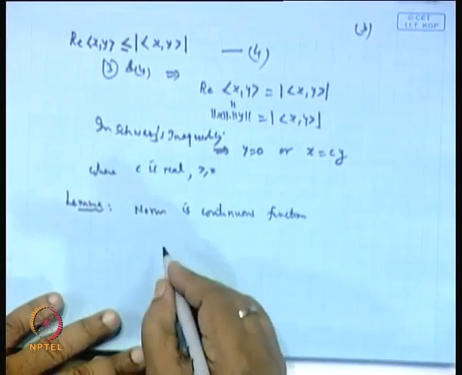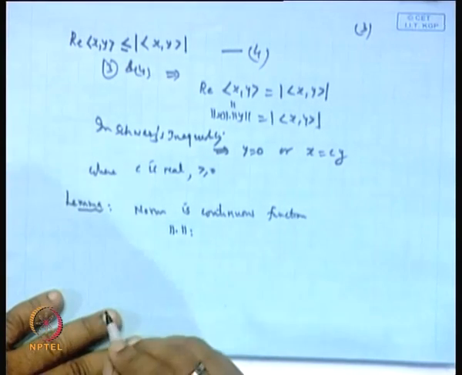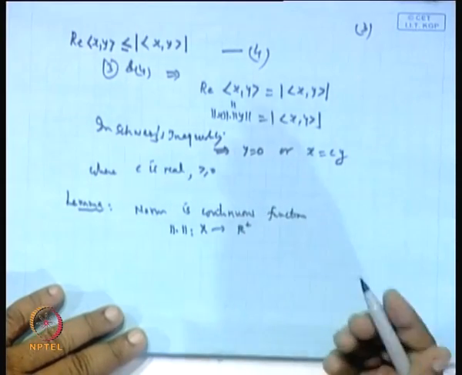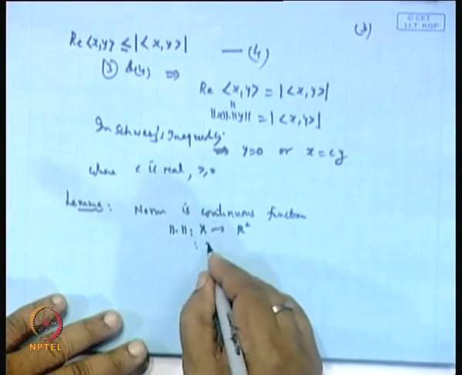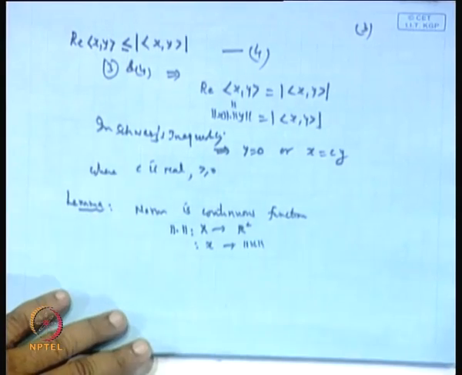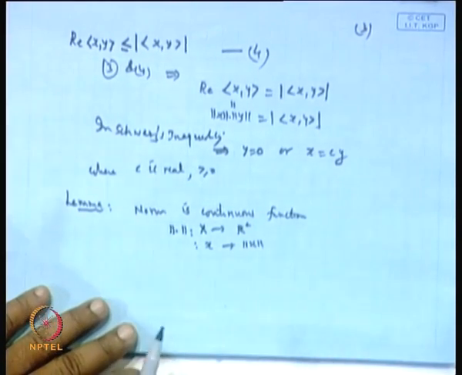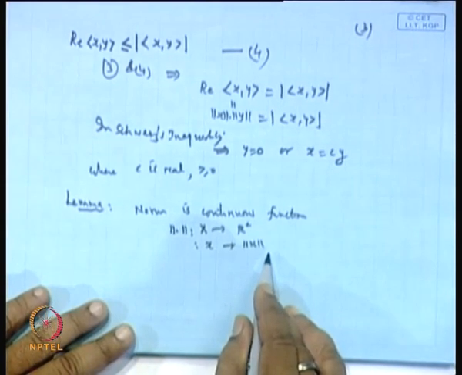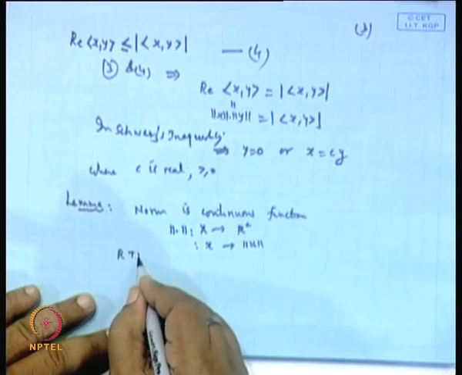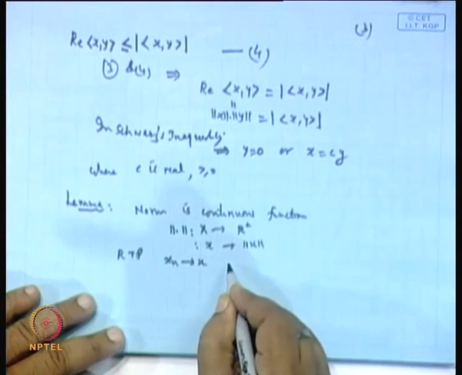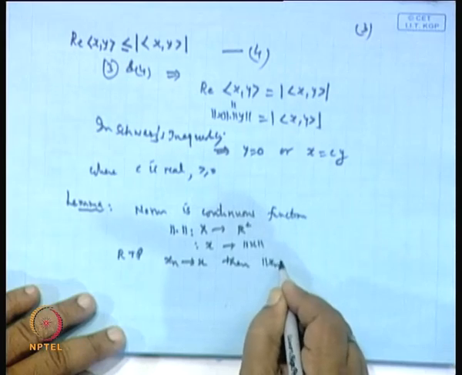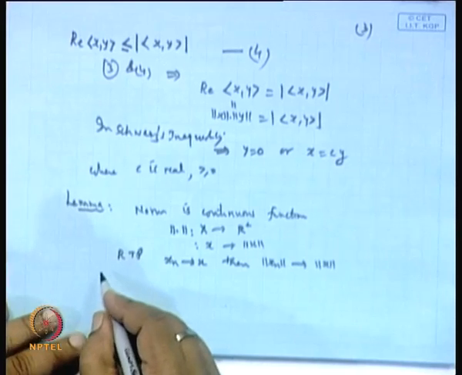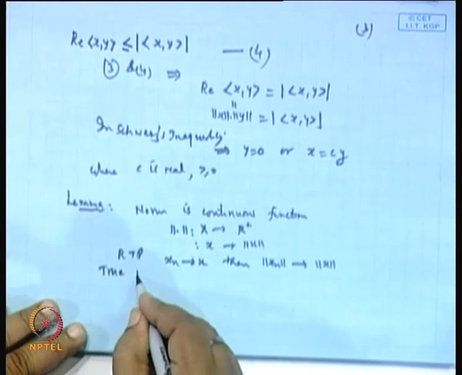Remember, the norm is a mapping from X to R plus, or greater than or equal to 0 of course, such that x goes to norm of x, and this norm is continuous, meaning if any sequence x_n converges to x, then norm of x_n converges to norm of x. So what is required to prove is that when x_n goes to x, then the corresponding norm of x_n must go to the norm of x, and this is true because